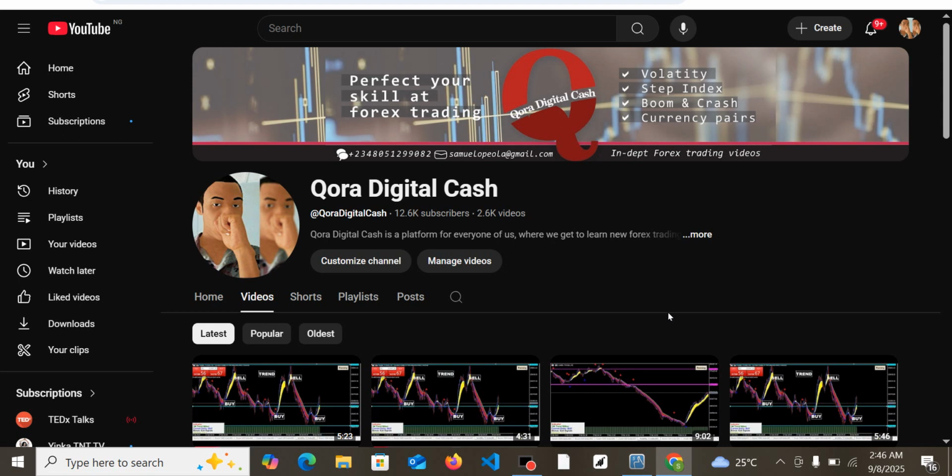Last week, from Sunday till Saturday, we won our trades back to back throughout the week, except for a particular trade that we dropped on Saturday. Immediately it activated the entry point, it went back to stop loss and took us out of the trade. But as you can see, we were able to win on a daily basis throughout last week, except for that one day. So now, quickly let's go straight into what we are here for.